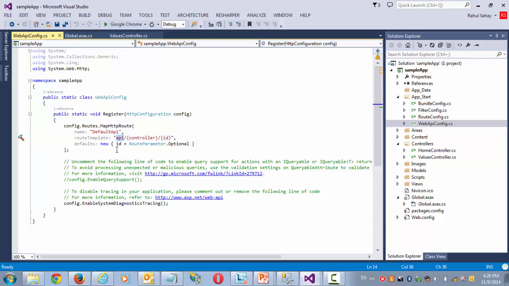In the case of MVC, we usually have our MVC router, wherein we have controller and slash ID and all those rules. Whatever default rule, or any new rule, is written in that particular file. In a similar pattern, we have routes here, but that is an API route. As you can see, it starts with API, then the controller name, and then the ID. So if I simply go ahead and run this,